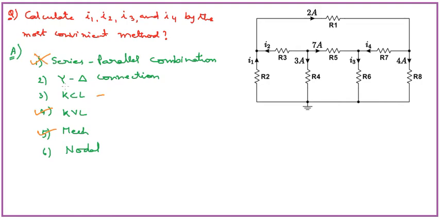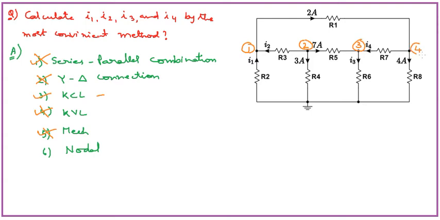Similarly, we cannot go ahead with star delta combination, as in star delta also we should definitely know the values of the resistors. As we were unable to see any voltage source, we may not go ahead with KVL, and so we cannot solve this problem with mesh analysis either. So now we will see Kirchhoff's current law only. If this is node 1, this is node 2, this is node 3 and this is node 4, and of course this is the ground node, maybe you can call it the fifth node also.